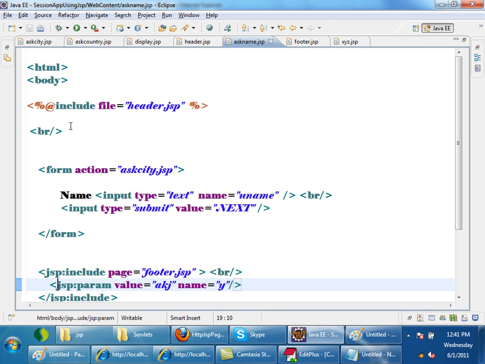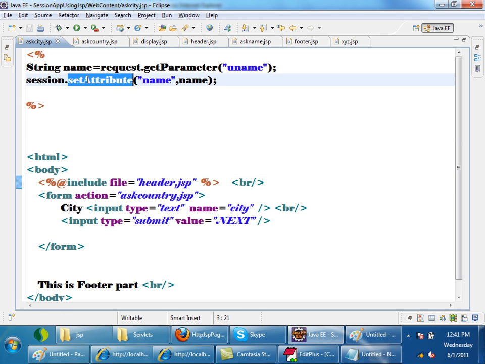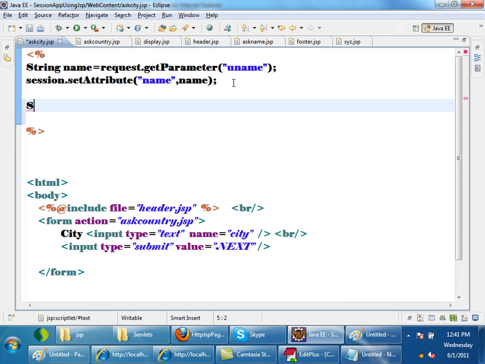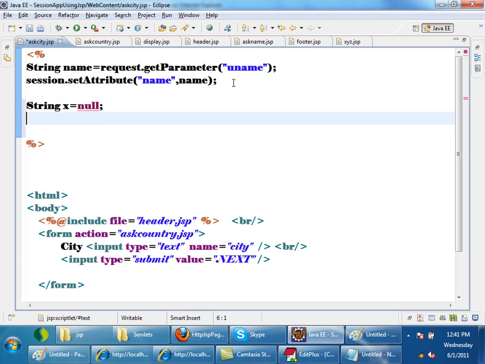See here, in ask name.askcity.jsp, I am writing some Java code, right? What if an exception occurs in your JSP? That is the next step. See what you have to do when an exception occurs. I'll just intentionally generate an exception. String x is equal to null. And then I'll just try to say x dot if,